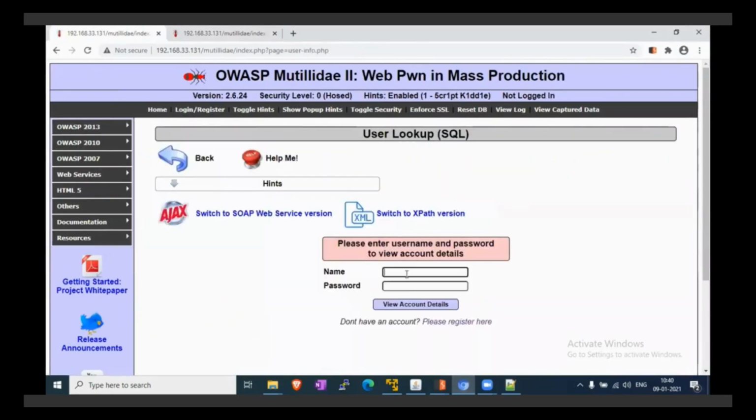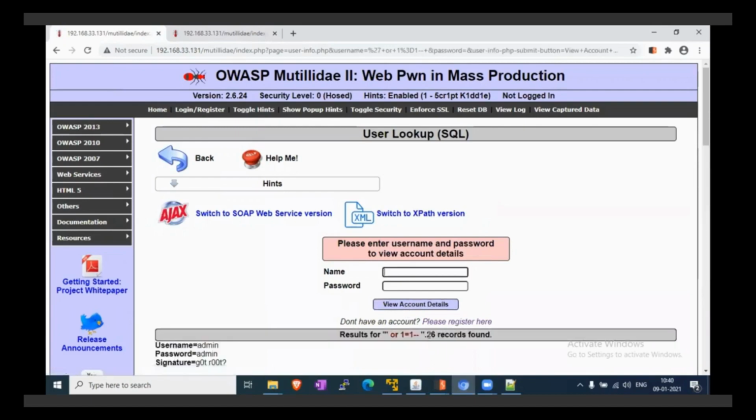How many records are present? Okay, your account details: 26. So in this lab, we first checked how many records there are: 24 records before